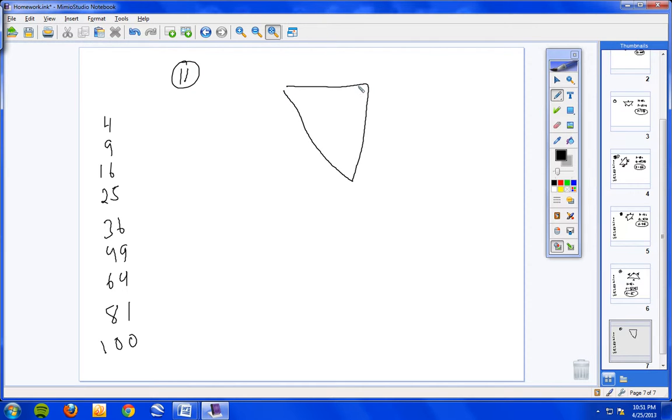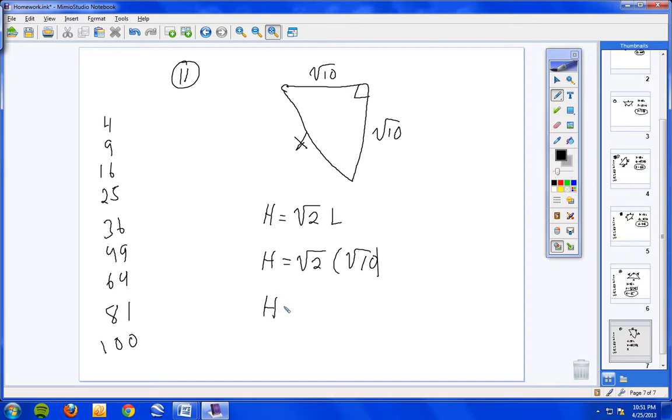Okay, there's your right angle, and let's see, your two legs are square root of 10, square root of 10, here's your x. How do you find the hypotenuse of a 45, 45, 90 triangle? Well, I've said it a lot, I'll say it again, it's square root of 2 times L. So where the L is, I'm going to substitute square root of 10. Multiply those two together, and you get square root of 20. And now,